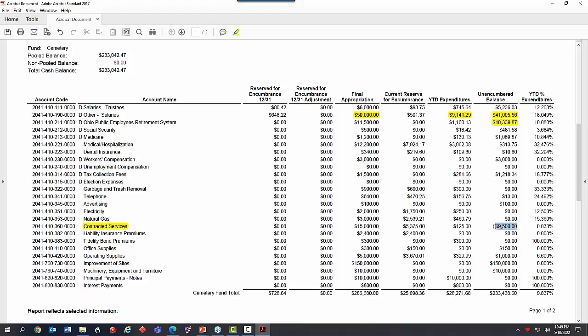So I have an unencumbered balance of $9,500, but I have to think about what it's going to cost us, and we've got some quotes, and I need to make sure that this account code for contracted services will have a sufficient amount. So I'm going to look at this. We budgeted $15,000, and this is how much I have on a current PO. It's not spent yet. So let me explain. We have a tree trimmer that comes out and gets all the dead wood out of our trees at the cemetery, and I have opened the PO, and this is the amount that's left on it. He's out there working. We should have a bill on this soon. So this much is already set aside for the tree trimmer, and he comes once a year.